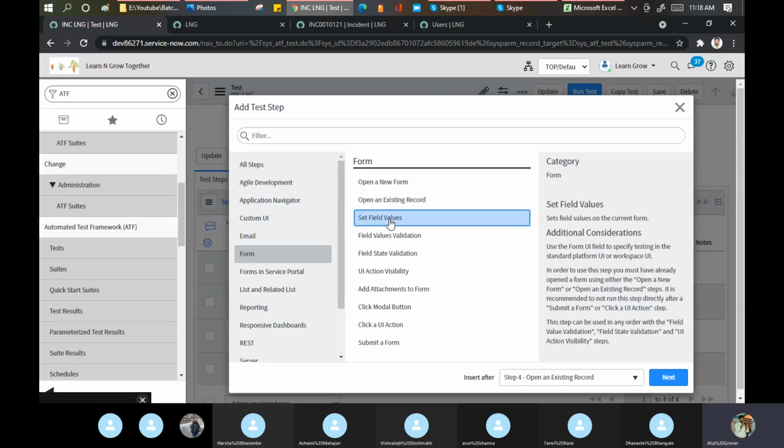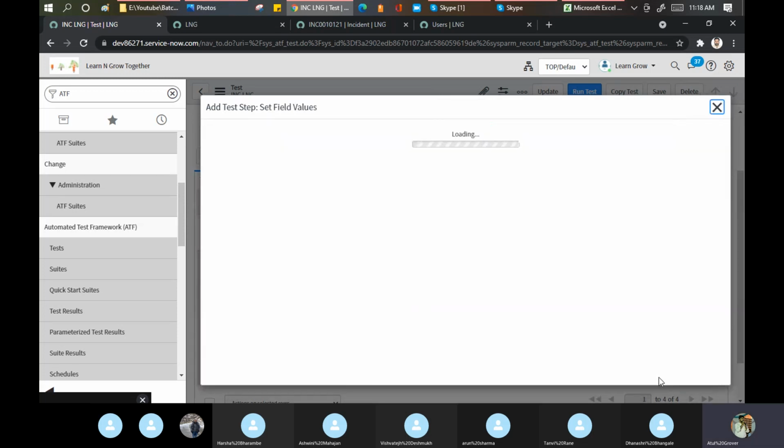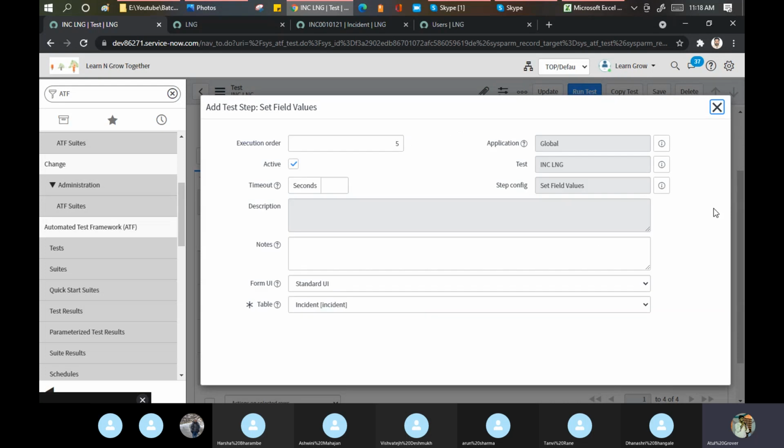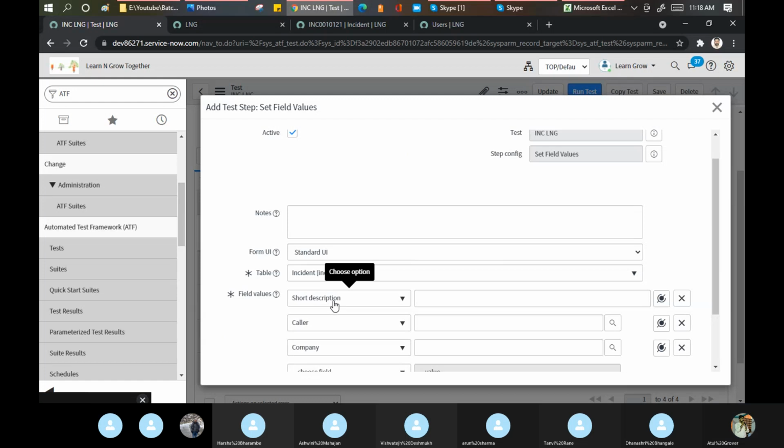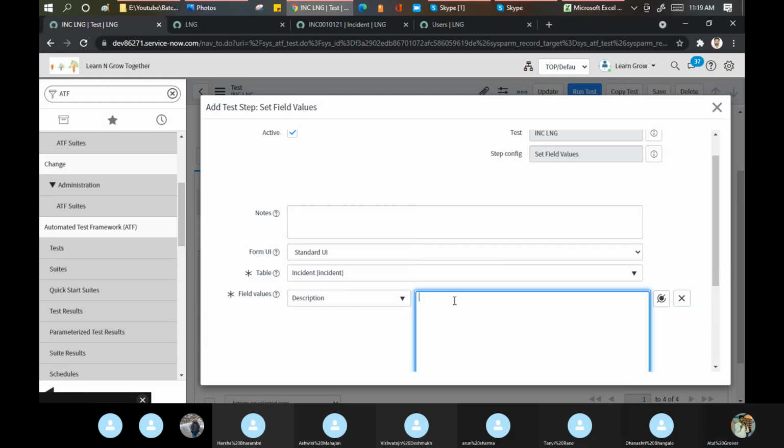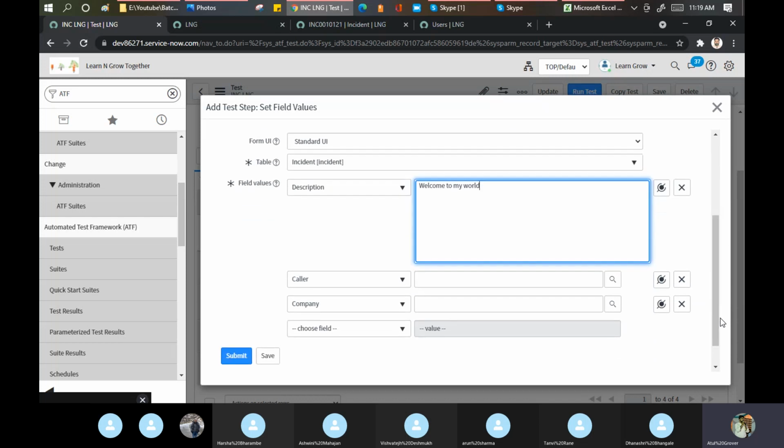Set a field value. Go here. What value do I want to set? I want to set a short description now. Okay. Welcome to my world.